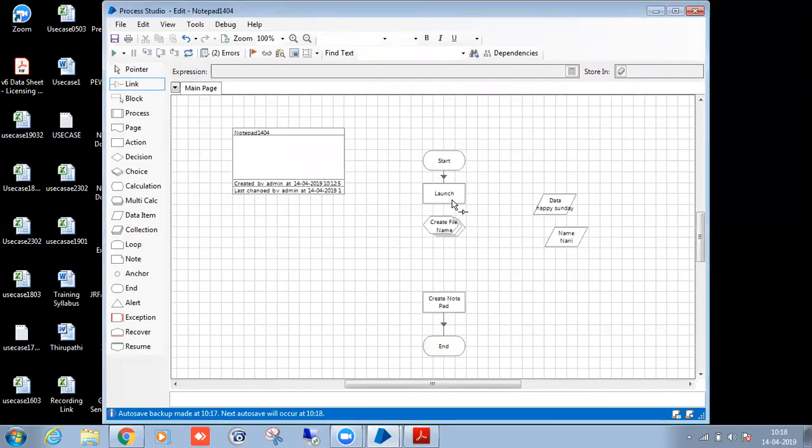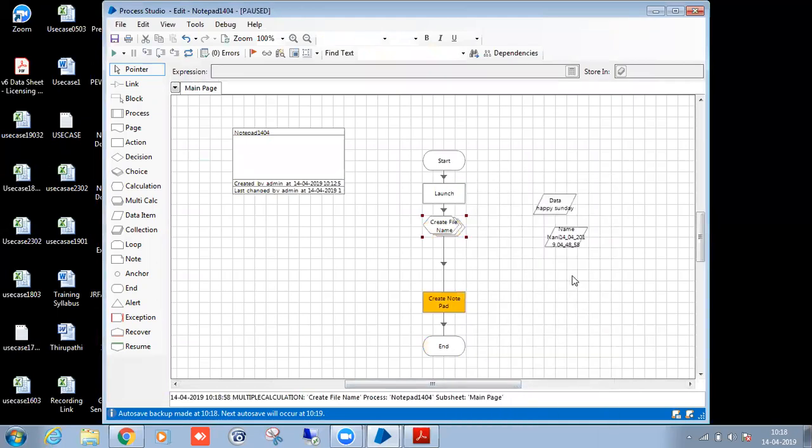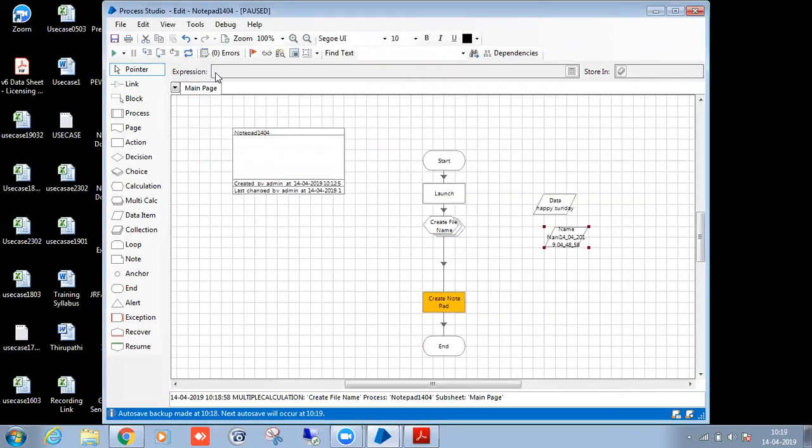We'll see if any exception happens or how it will behave. With this, the file will save. Running it.